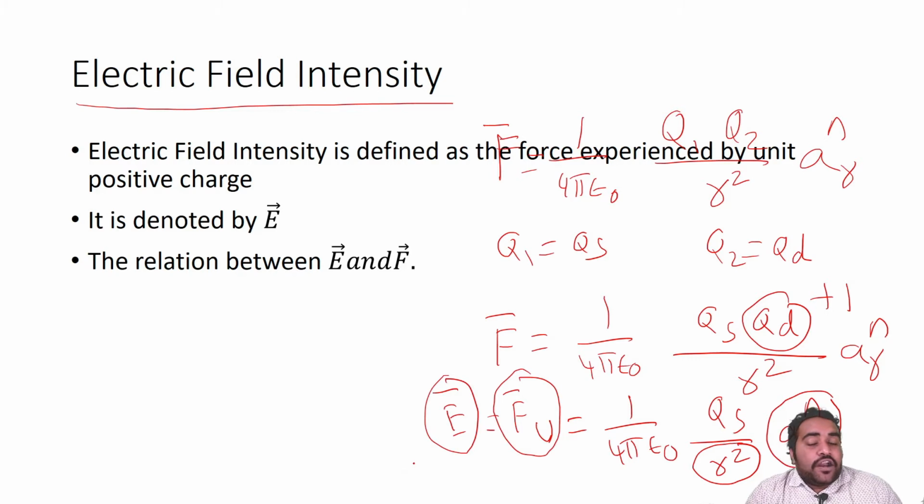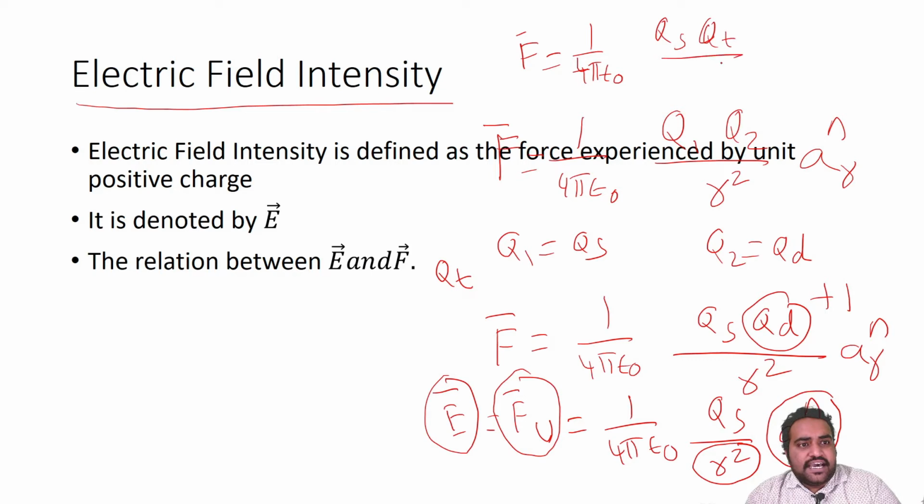But what if I cannot get a unit positive charge in my hand? But I have a standard quantity of charge, Qt. Then my F bar would be 1 by 4 pi epsilon naught Qs Qt test charge by R square AR cap. But I don't want the force per Qt charge. I want to have the force per unit positive charge. Hence, dividing by Qt would give me,